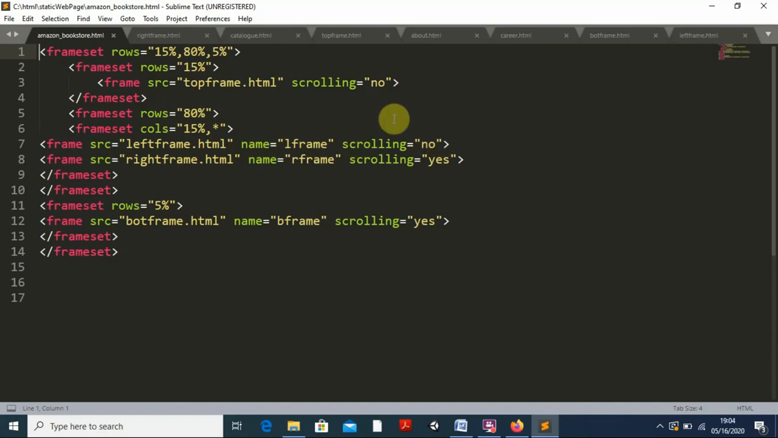Okay. Then coming to the second, this is the left frame I have given, and I have to go for the right frame. So while I am going for the right frame, your frame source is equal to right frame.html, name is equal to R frame, and scrolling is yes. Why am I putting it? Because the content sometimes can be more, and in that case it cannot be accommodated, so I provide the scrolling. So if more content is there, by scrolling I can go up, down, left, right, whatever is possible. Then this frame set I started for the 15%,